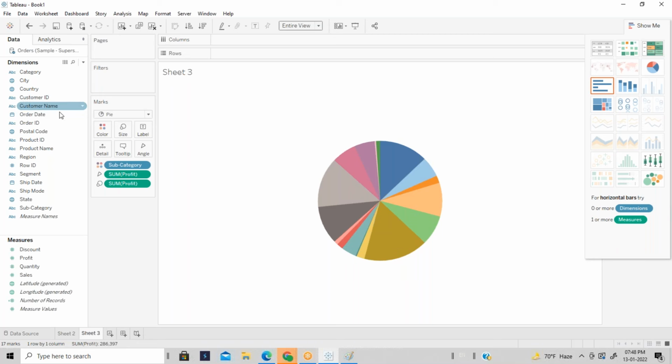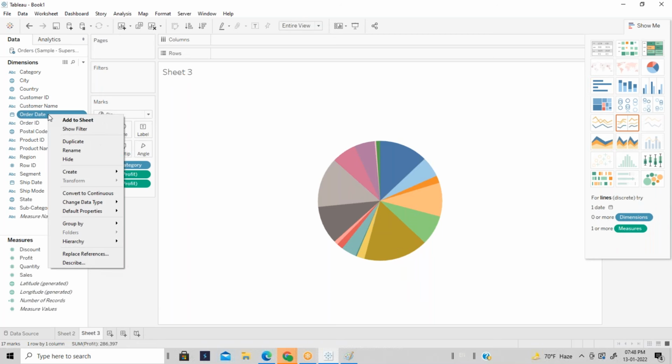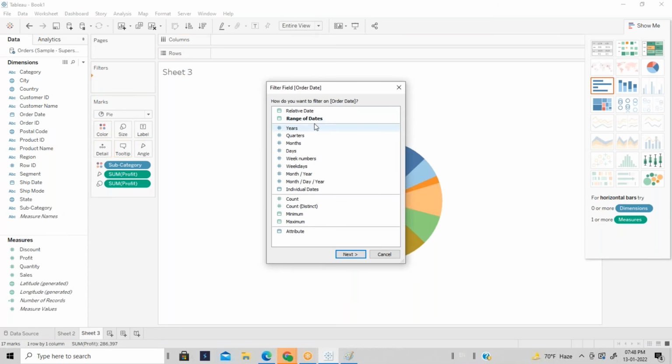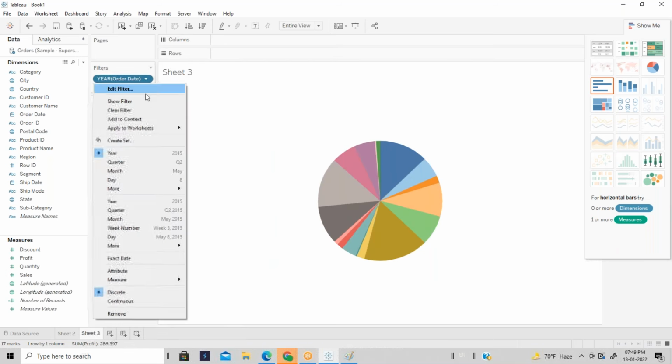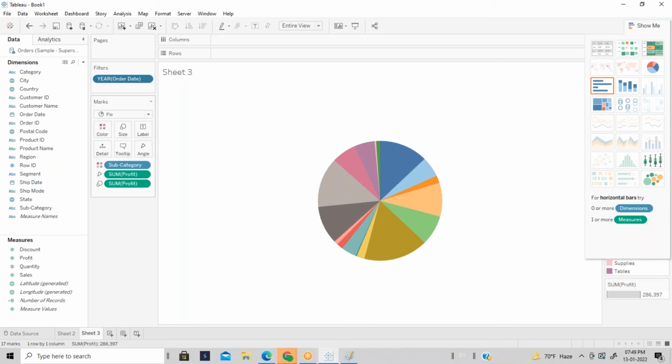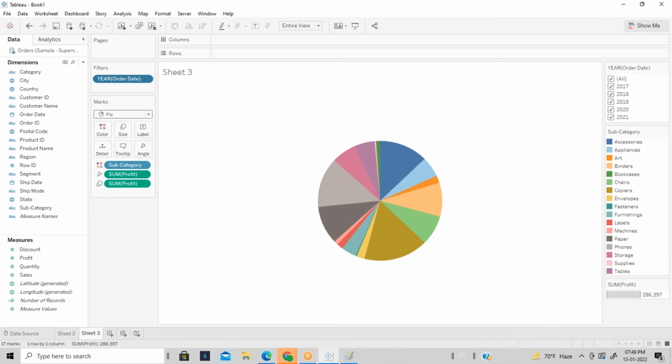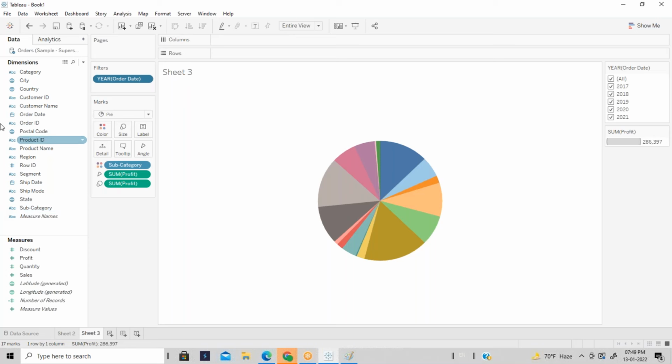And I'm going to create a filter on the order date. Show filter. And also I'm trying to create a filter on category as well.